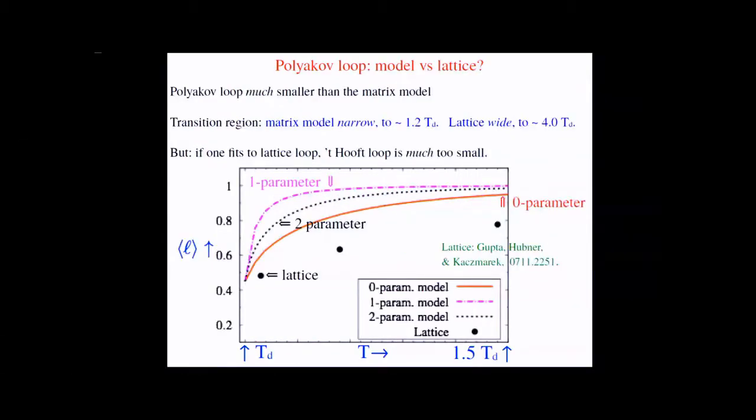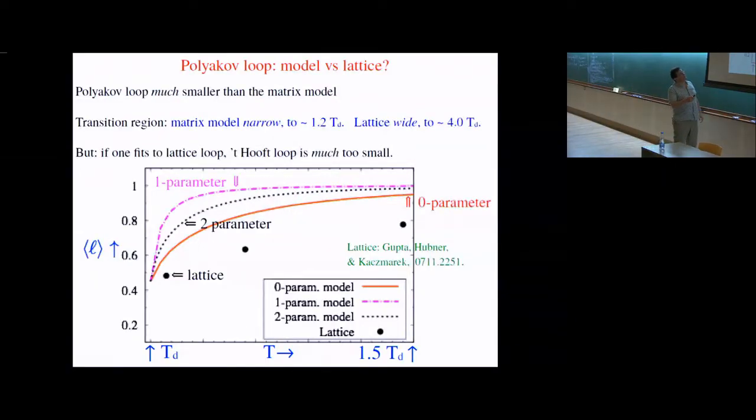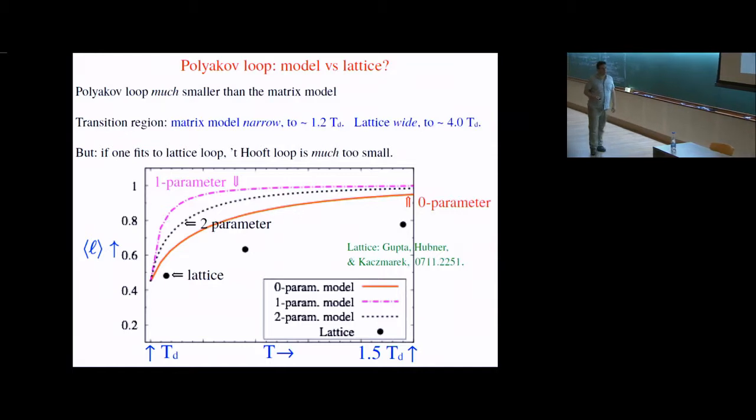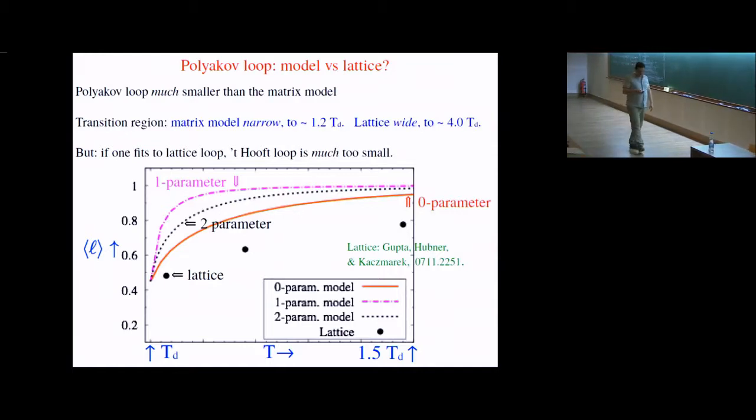In fact, the whole model is motivated by the Polyakov loop, and we have pathetic agreement with the Polyakov loop. It's really pathetic. This is the two-parameter model. Basically, it goes to 1 very quickly. That's the comment that the transition region appears to be very narrow, whereas in the lattice, it's extremely broad. And this is data by Gupta, Hübner, and Kaczmarek, which I believe has been superseded somewhat by more recent techniques with the Lucia analysis, but it hasn't changed the qualitative behavior. In any case,